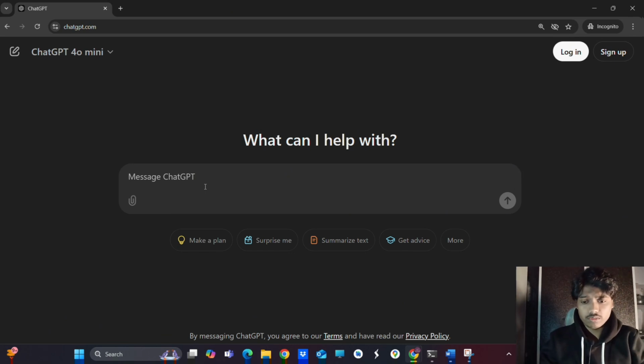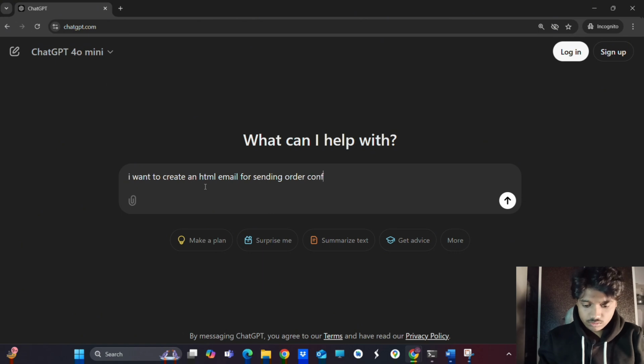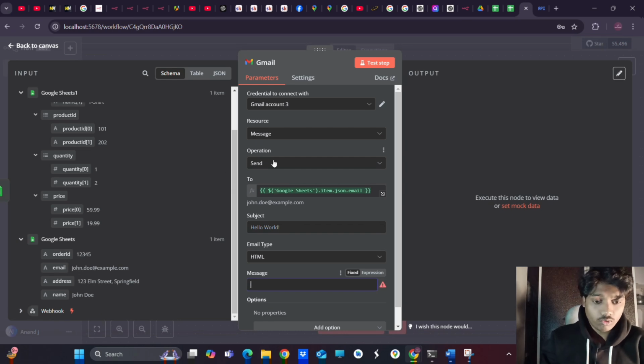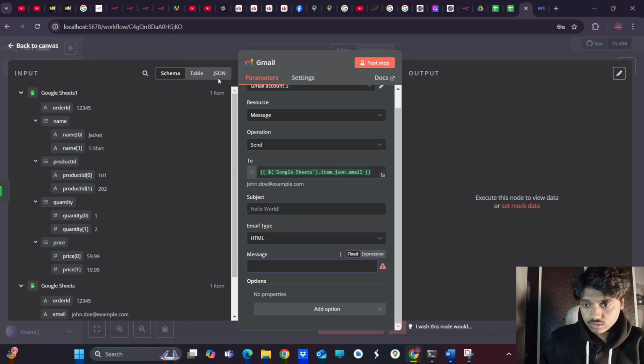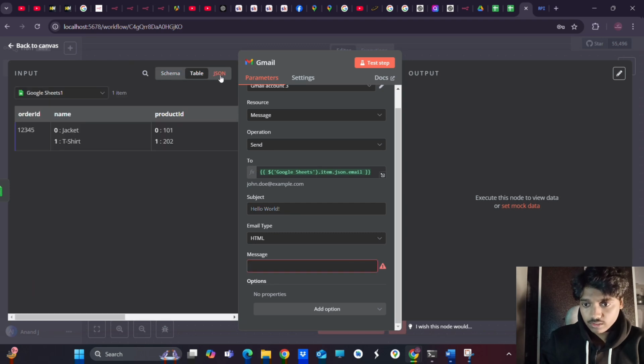So instead, I'm giving just this information to ChatGPT: I want to create an HTML email for sending order confirmation details to the user. And whatever data we have, we can give that from the table data, from the